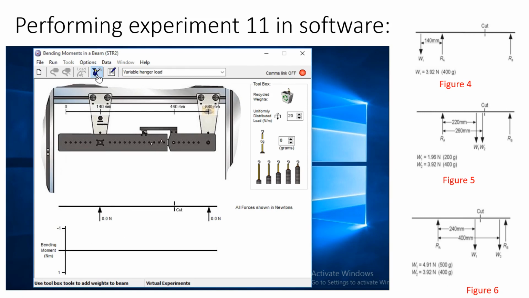Now we are again in the virtual experiment variant of the TQ software. We will select virtual experiments, and now we will apply the load, and we will load the beam according to figure number 4.